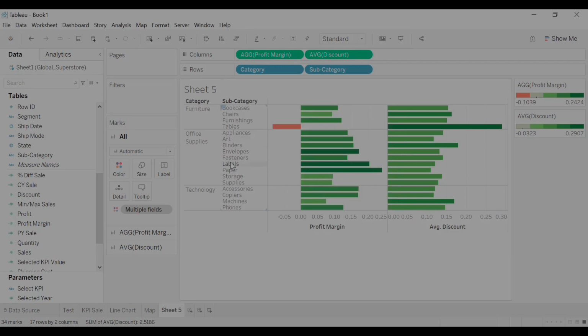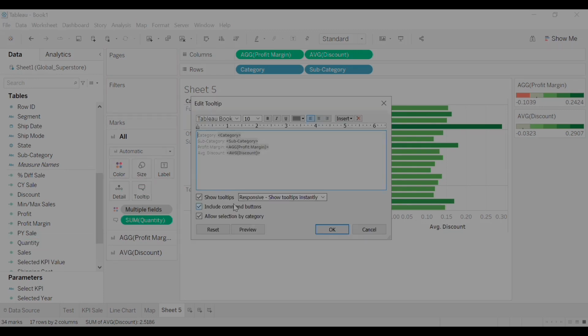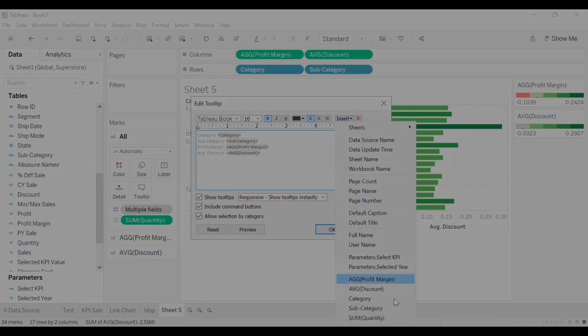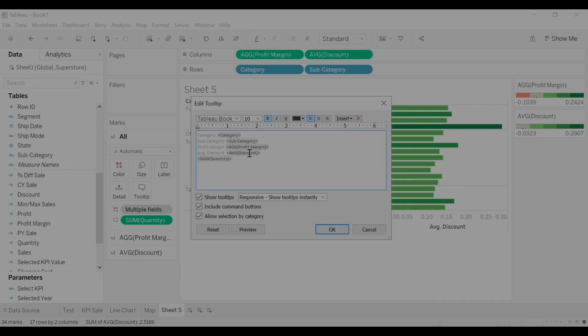So the other thing that I wanted to have in my tooltip is the quantity. I want to see the quantity as well. So I'll grab it and put it into the tooltip. And then if I go to the tooltip again, I can insert that. So we'll go to the last line, insert sum of quantity, and